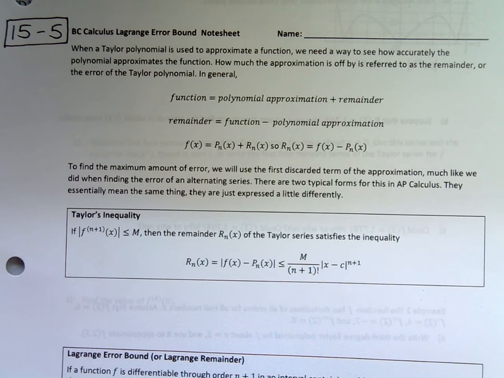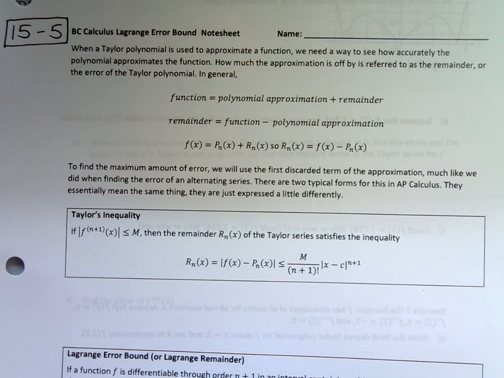We're looking at section 15.5 on the Lagrange error bound, which is what this one's all about for Taylor polynomials. So when a Taylor polynomial is used to approximate a function, we need a way to see how accurately the polynomial approximates the function. How much the approximation is off by is referred to as the remainder or the error